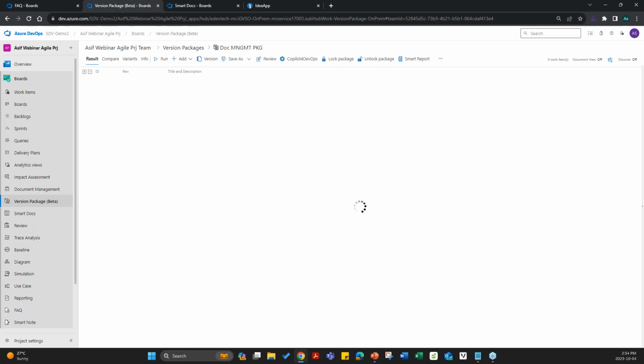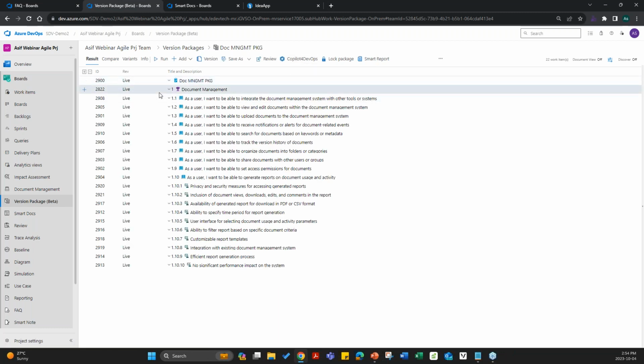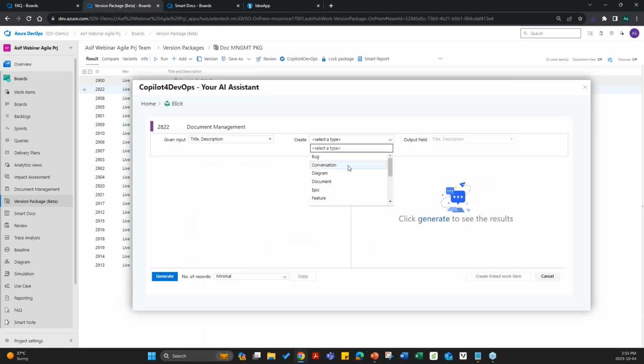Perfect. Next question with respect to Copilot for DevOps. Can an organization customize the source of the requirements to comply with some statutory requirements that my company must comply with? OpenAI may not know these requirements and constraints. So the question again is, can an organization customize the source of the requirements to comply with some statutory requirements that my company must comply with? So today